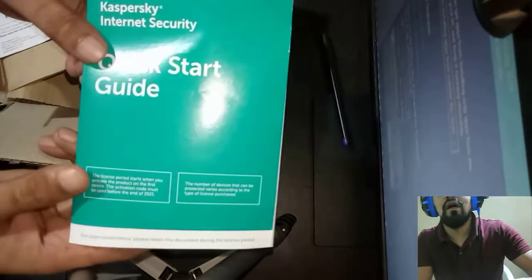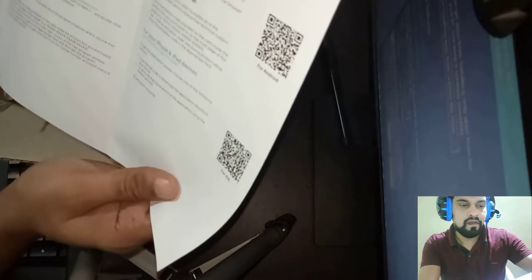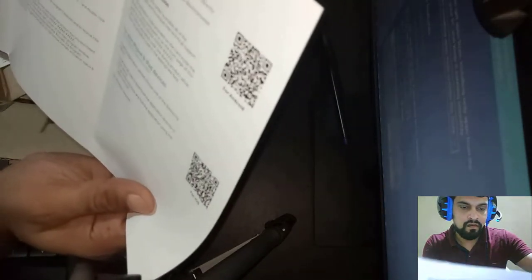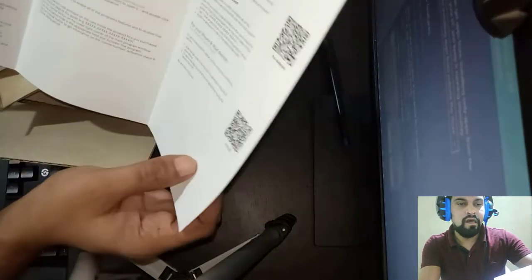So this one's quick start guide, internet security. So some how to activate a product and all. The information is given here.